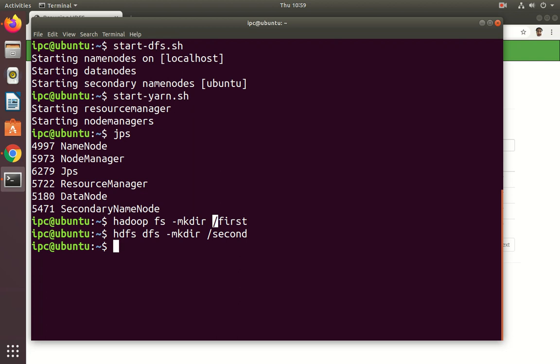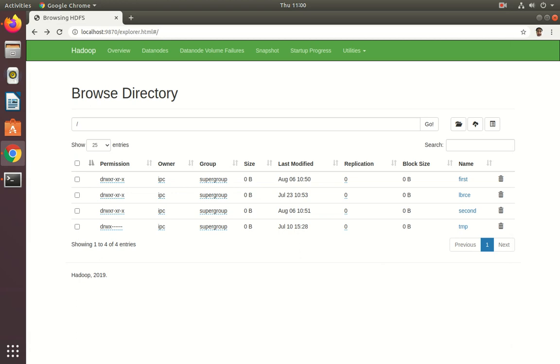So first we completed the mkdir command. Next we go for remove directory, deleting the directory. Already I created two directories, first and second.